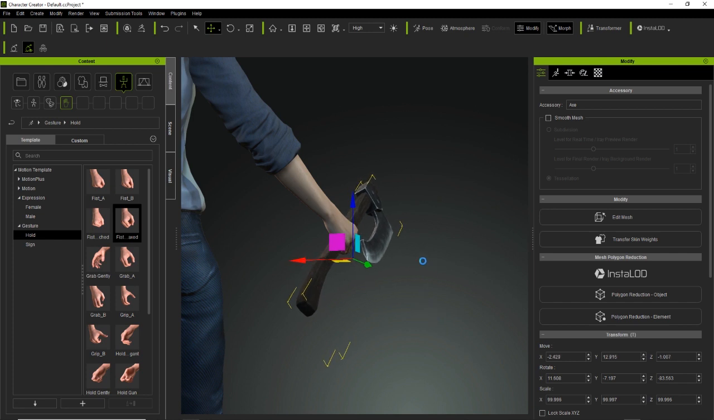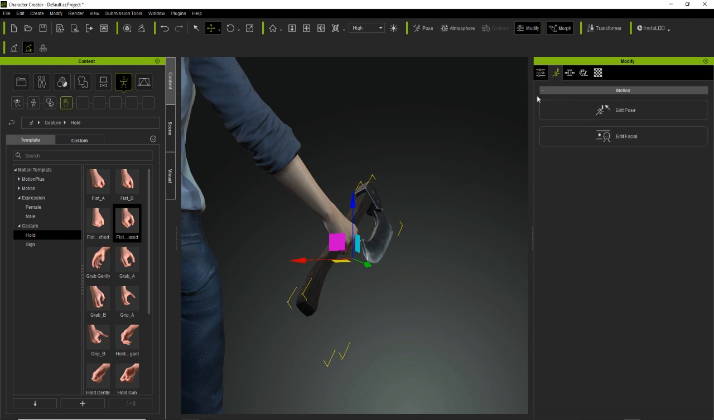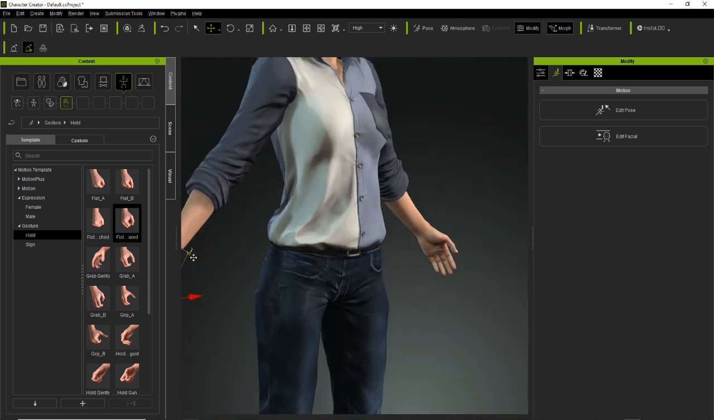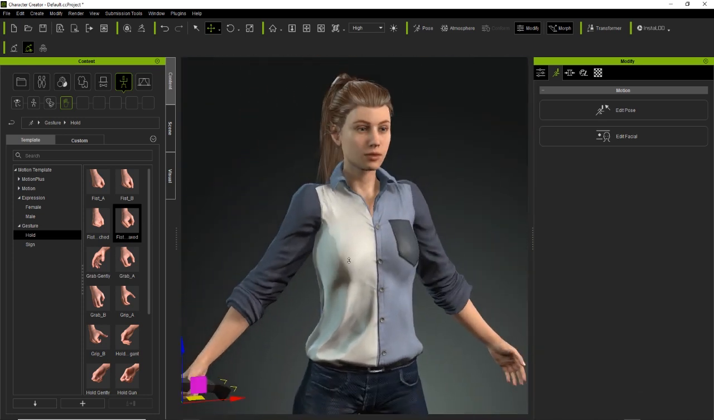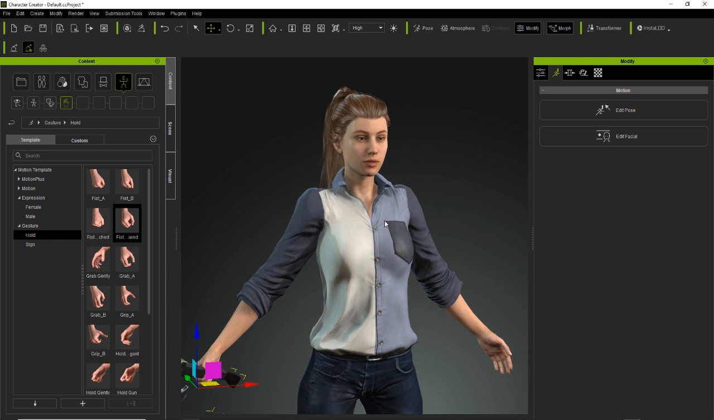Maybe that's it. It's got a bit of a pink square in the way, but you get the idea. You don't just have to use the gestures that are already in there. You can go on the right hand side here, the Modify panel. If you click into Motion Pose, I think it was Motion Pose. Yeah. And then, obviously, if we click on the lady,